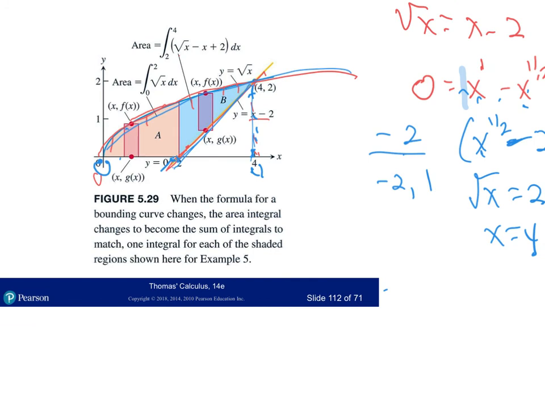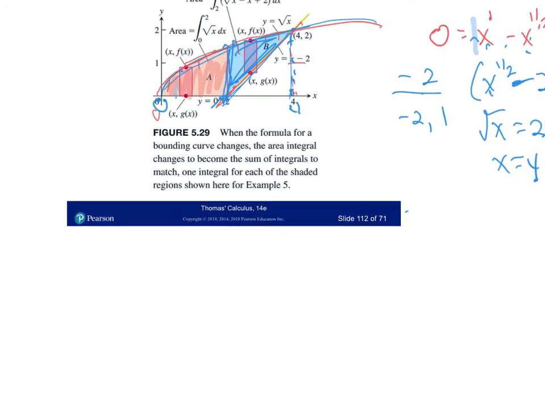You have to set it up as two integrals because this region is sort of independent of that region. They're different. You would only know that if you graphed it and saw it. So I think you always need to look at a graph. Always look and see what's happening. So what I would do with this one,